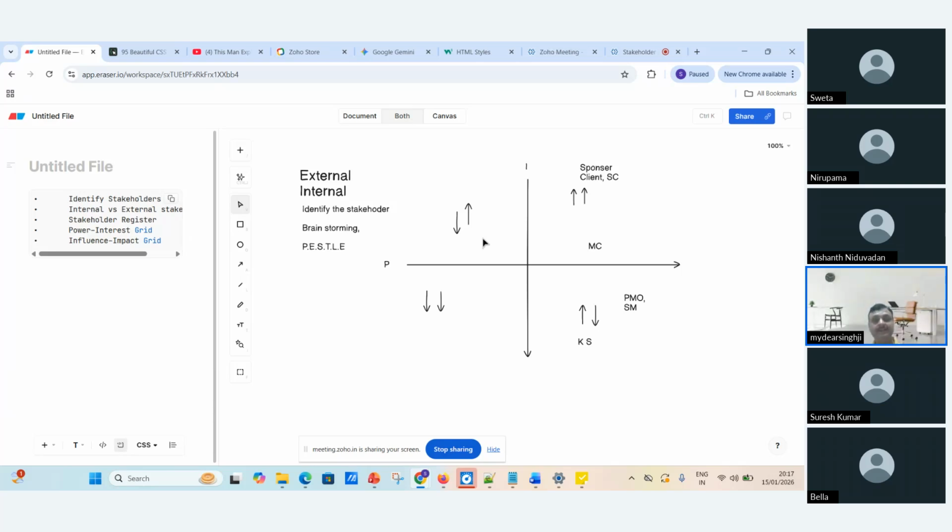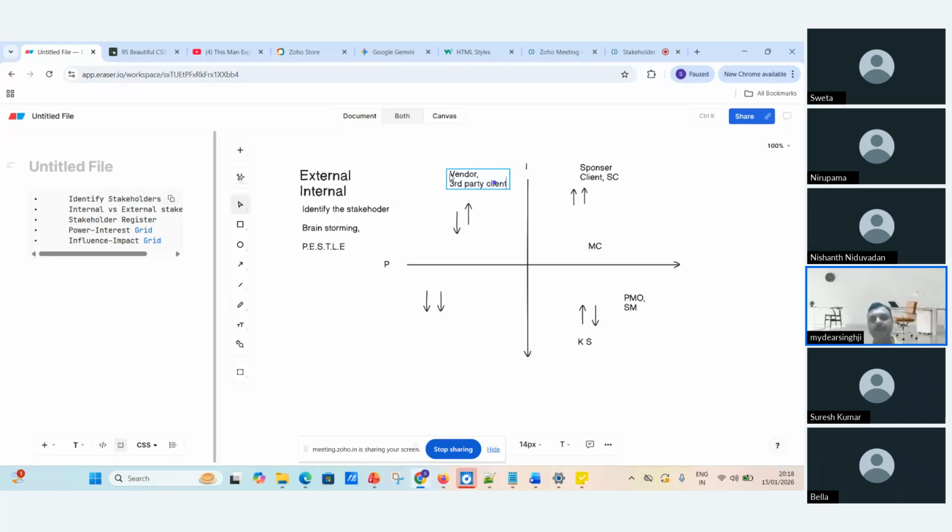Okay, the next is low power. They don't have power but have high interest. What are we going to do for these people? Team members, vendors, end users, third party, client.